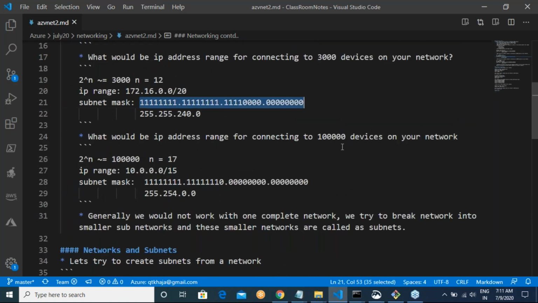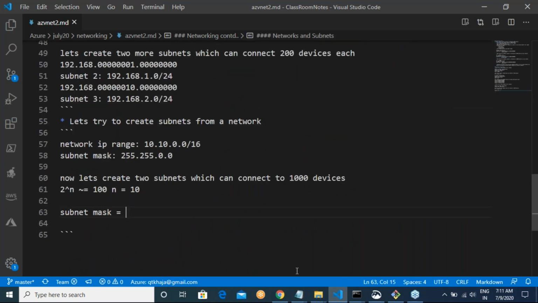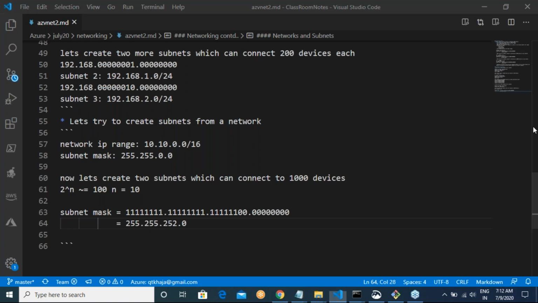Subnet mask could be 255.255.252.0. Do you agree with me on this? Fine. Right, so now the subnet mask is simple, but how will I choose my IP address?